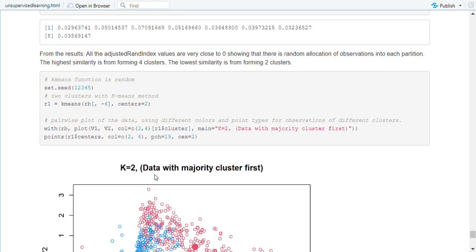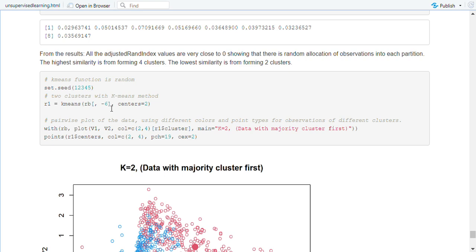Then we will show 2 clusters and 4 clusters for one of the examples using V1 and V2. Let's pass the command set.seed(12345) because the k-means function is random. Then 2 clusters with the k-means method, let's form that. Let R1 equal kmeans of this reordered data frame, excluding the last class column,